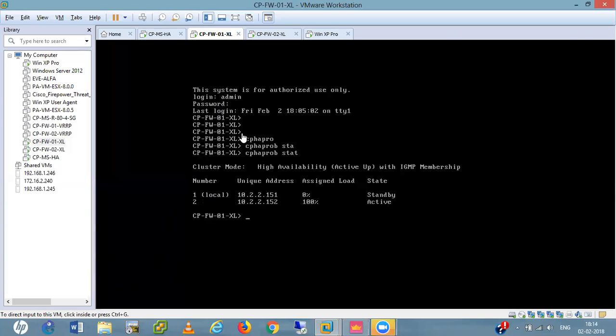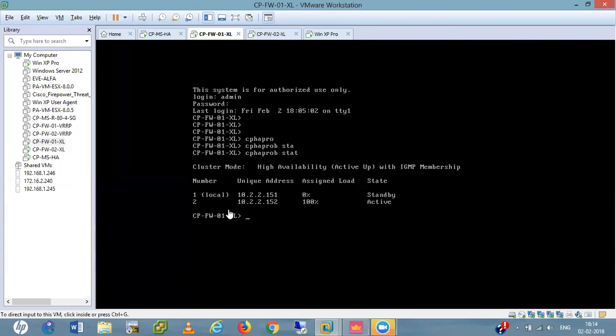It's showing this one, 10.2.2.152, which is the FW02 firewall. These are the IP addresses which I changed later. Don't be confused. See, this is my first firewall, and this is my secondary.